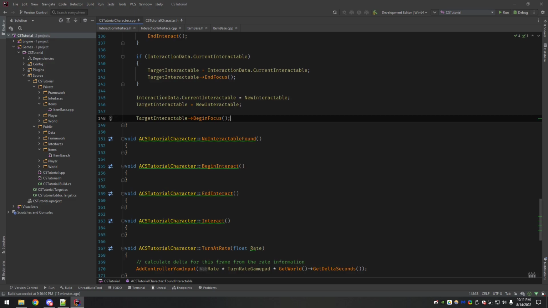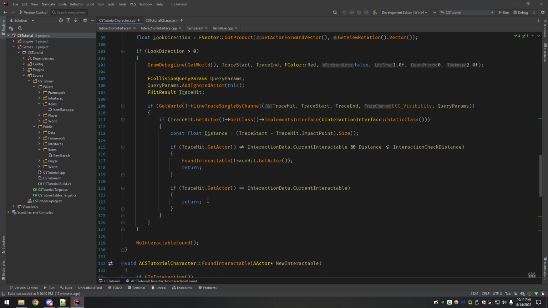Okay, so we want to begin focus there, but now what about if we don't find something? If we don't find something, it implies we either didn't hit anything, or we did hit something and it doesn't implement the interface, or it's outside the distance, or this one's for if it's the same.